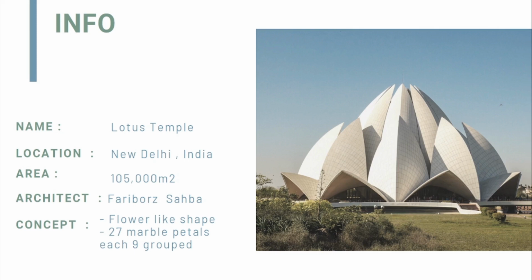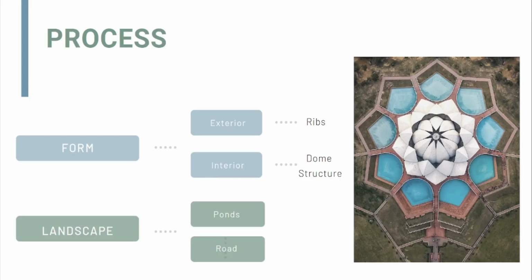ribs. So the process we're gonna tackle to construct this building is to start with creating the form, starting with the exterior ribs and then going into the interior dome structure. And then we're gonna start designing the landscape surrounding the building with its road pavement and the vegetation and plant